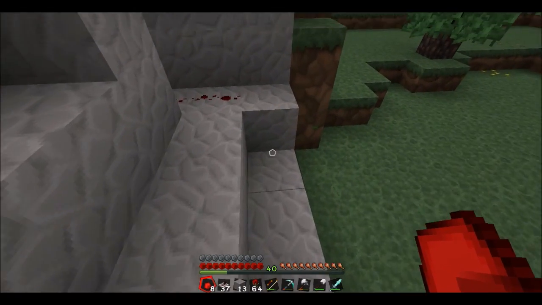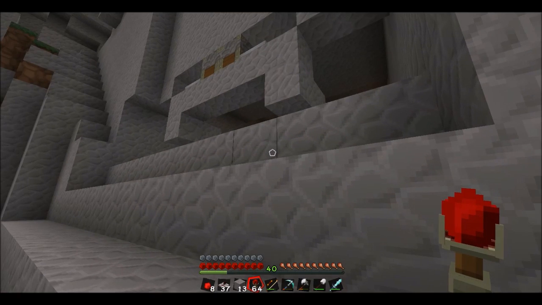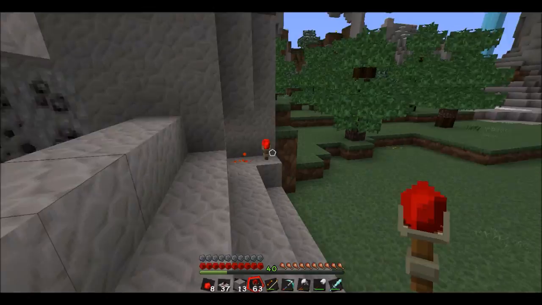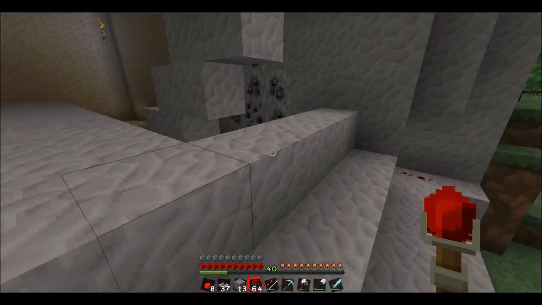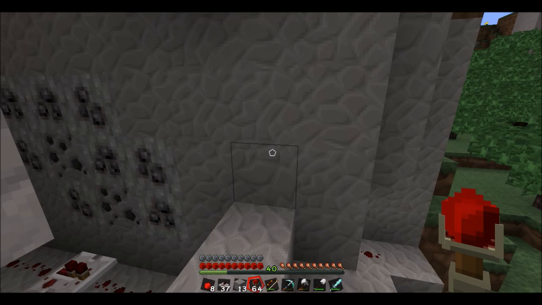I'm going to just test that again because I'm nervous. So we've got the door open and the door is closed, and if I take that away again, that door's open again. Right, so now what I want to do is I want to build up this face a little bit